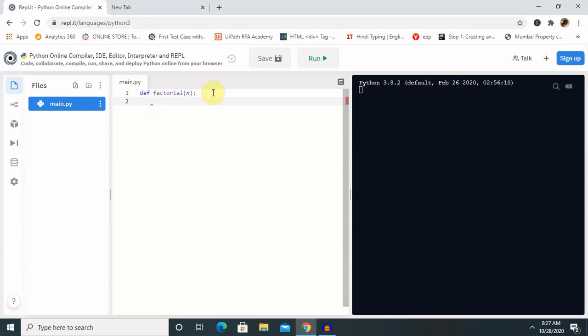Let's say this function calls itself, the function calling itself for the factorial value.